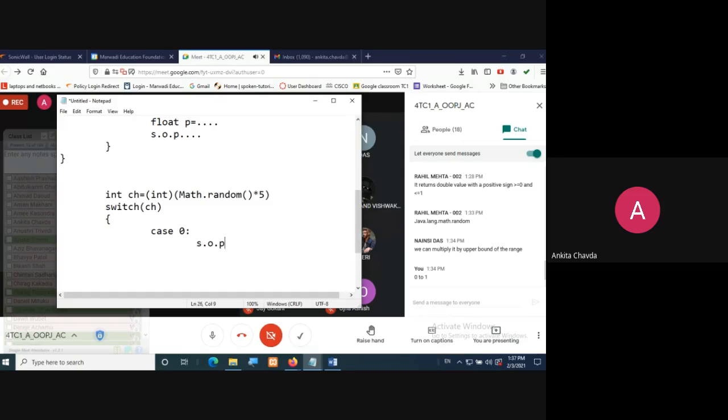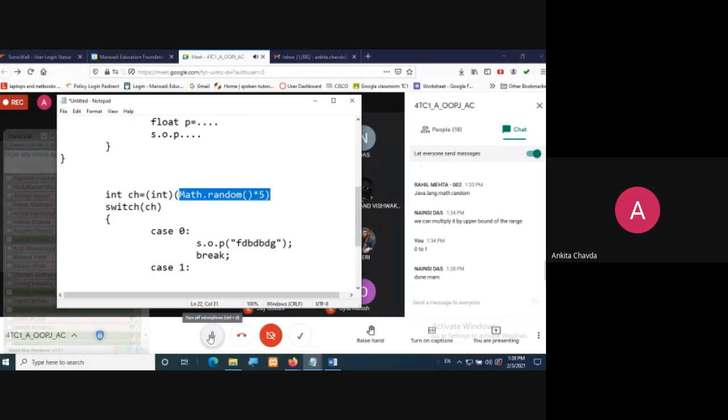Okay, and simply print that in today's breakfast you are having scrambled eggs or waffles or fruits or salad or something, whatever the options given in the definition. You need to write a simple SOP kind of statement. You will write here, finish it, break it, another case, right? So the program is so easy. You just need to understand about this math.random. That's it. So please finish it, and then you are going to share the screen.